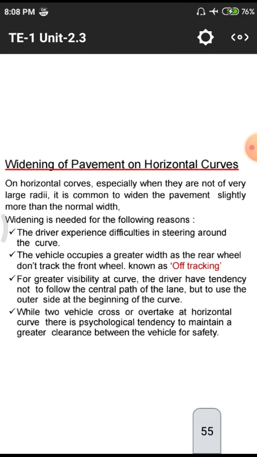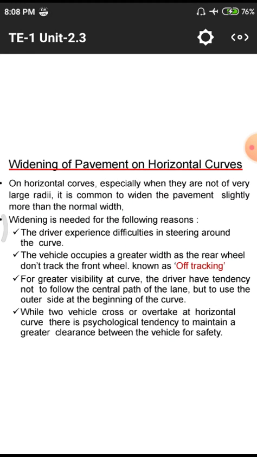Next one is the widening of the pavement on these horizontal curves. Widening of pavement means particularly whenever there is overtaking on a particular span of the road, we have to provide this extra widening, to counteract accidents and crashes, head-on collisions and side clashes like that. We need some sort of extra widening of the particular road surface.